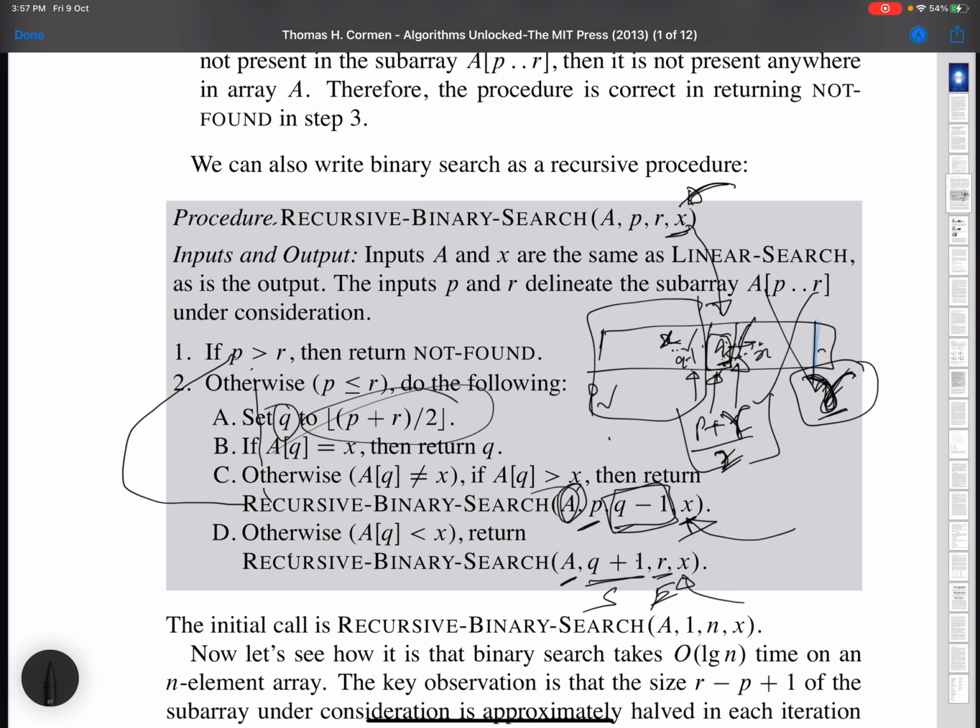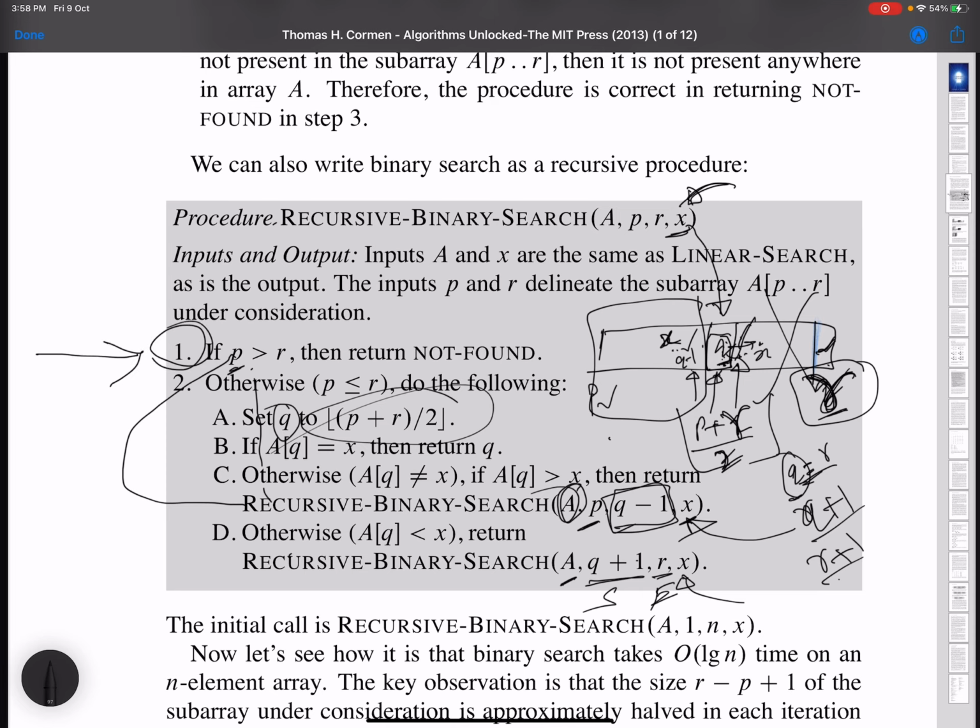Now suppose Q becomes R, and we didn't find the element X at this Q position. We go to the right of this, so it will be Q plus 1, and in this case that is R plus 1.